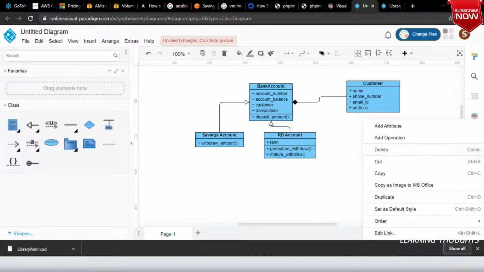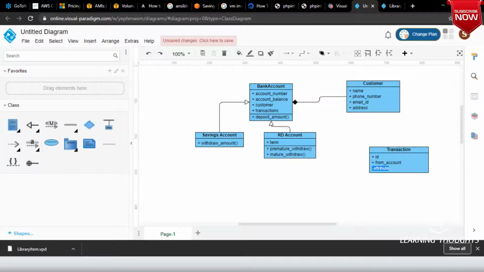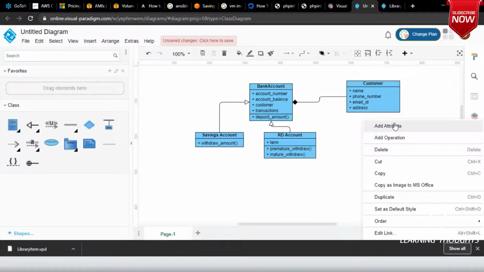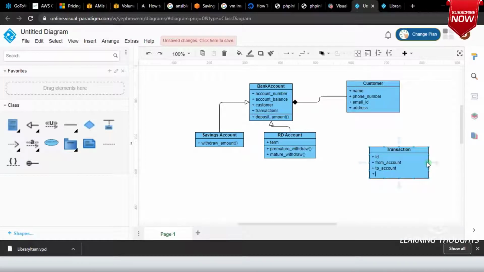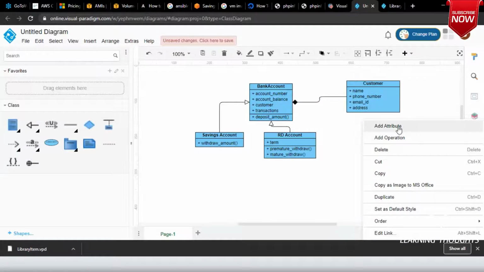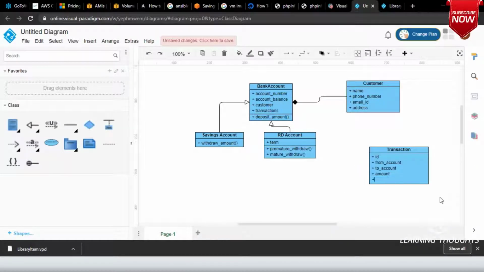Okay. Every transaction will have an attribute which is to underscore account. Every transaction will have an attribute which is amount. Every transaction will have an attribute which is time of transfer.